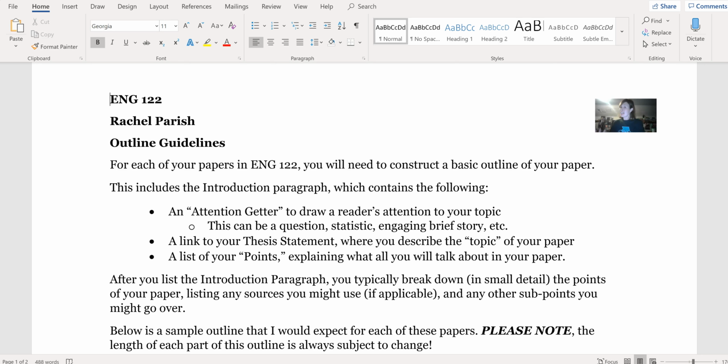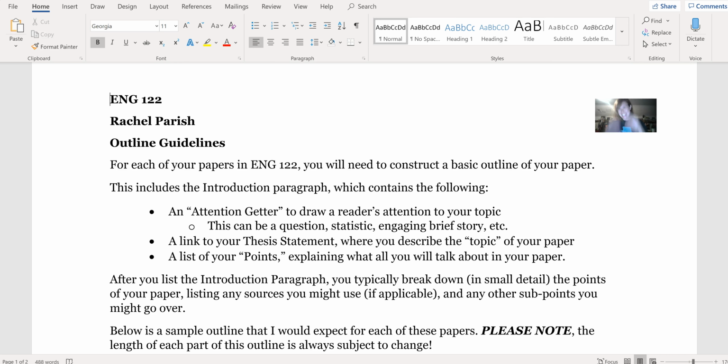And you don't think that you're going to get lost, and then you get to page 3 and you're like, where was I? What was I talking about? And you kind of go off on a tangent. So this is a way to bring you back and ground you in your thesis. Also, this outline is a way of preventing the 2 a.m. syndrome, as I call it, which I've seen many students do, where they're like, oh, I'll just get to that paper and write it the day it's due.